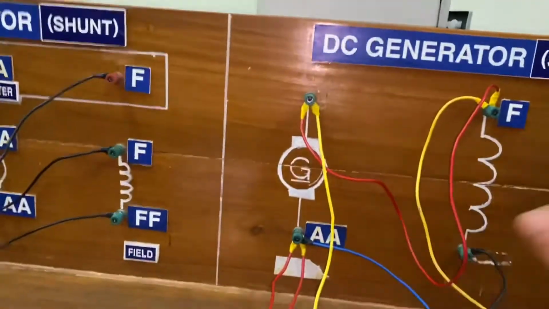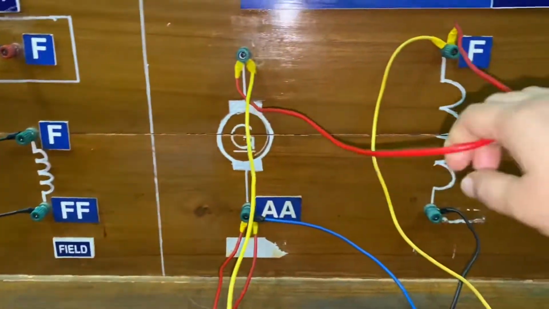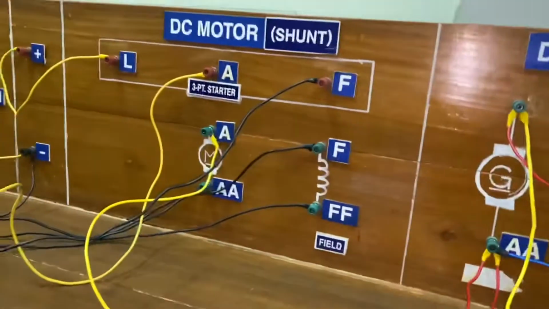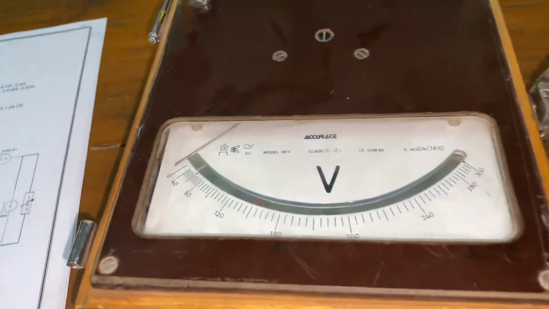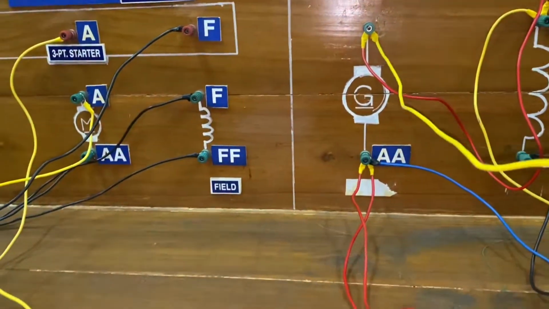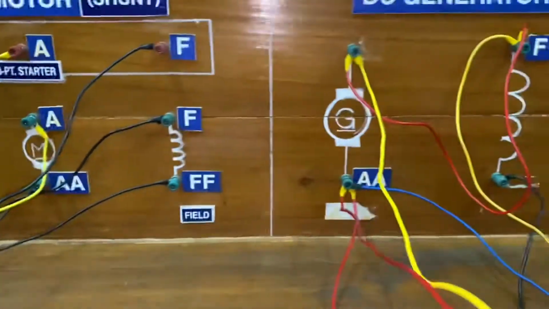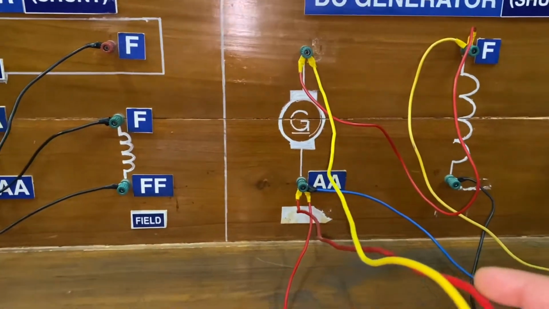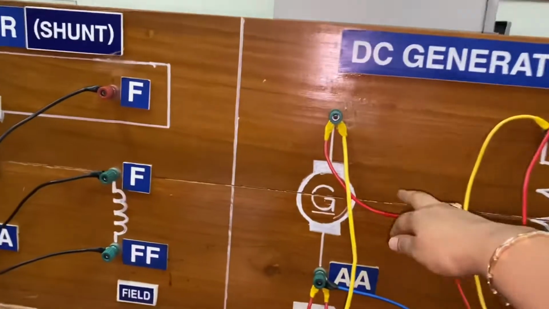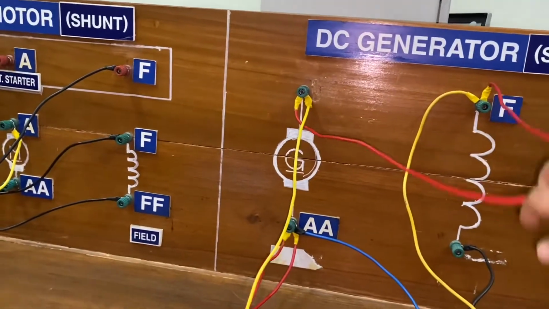Now this is the shunt type of generator. So we have armature and field windings terminals available to us. We have connected a voltmeter across the generator. This is a voltmeter of range 0 to 200, DC voltmeter connected across the armature of the generator, which will give us exactly how much is the voltage appearing across the armature of the generator. Okay, then the armature's first terminal is also connected to field winding. Here it is showing that field winding and armature are connected in shunt.